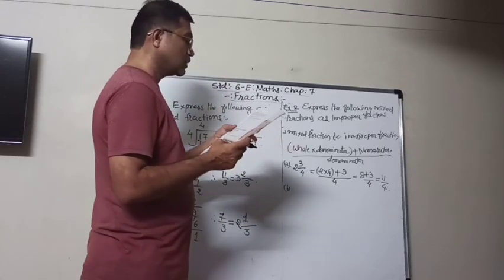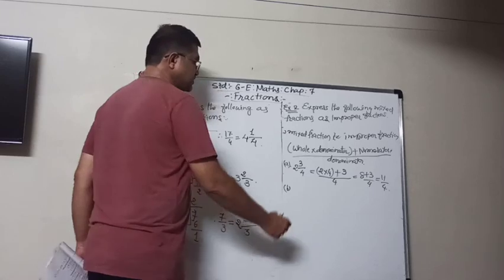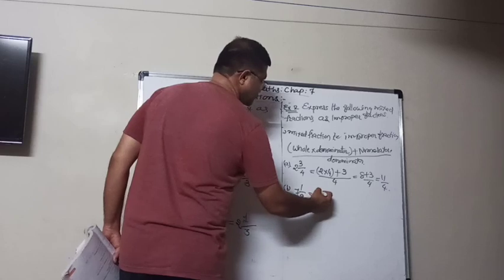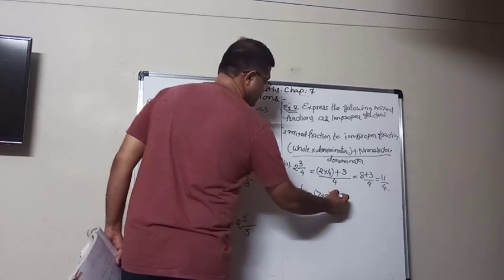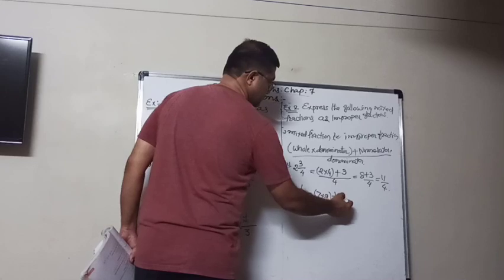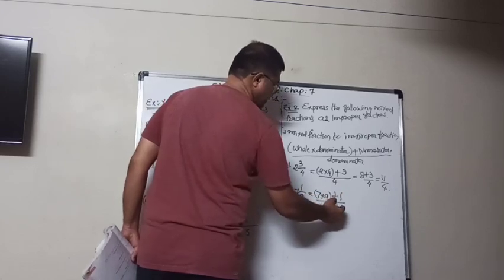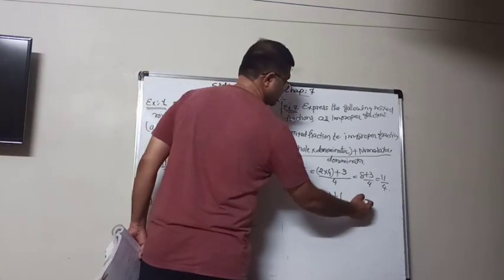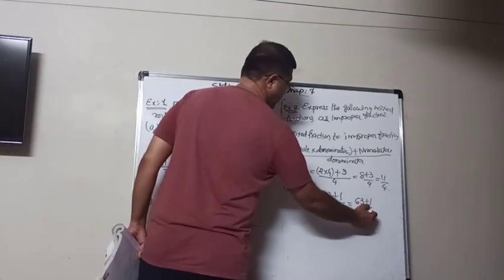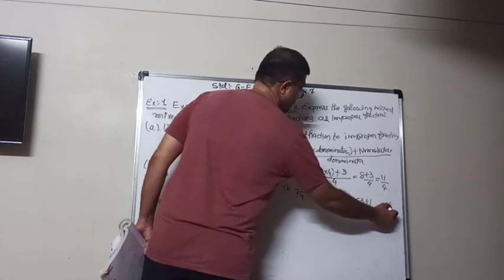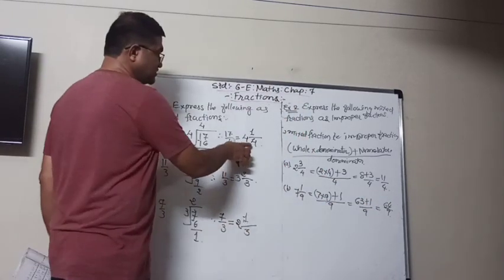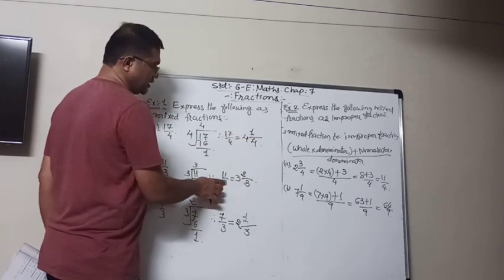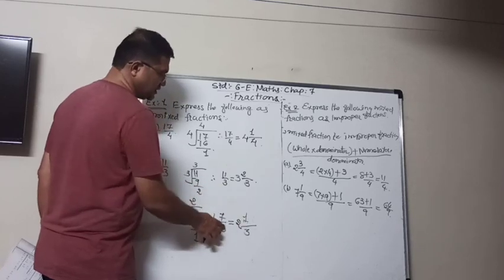Second one, 7 integer 1 upon 9. So now you have to multiply this one, 7 multiplied by 9 plus add the numerator and again the same denominator. Means 7 9s are 63 plus 1 upon 9 means 64 upon 9. Here also you can check 4 4s are 16 plus 1, 17 upon 4. 3 3s are 9 plus 2, 11 upon 3. 3 2s are 6 plus 1, 7 upon 3.